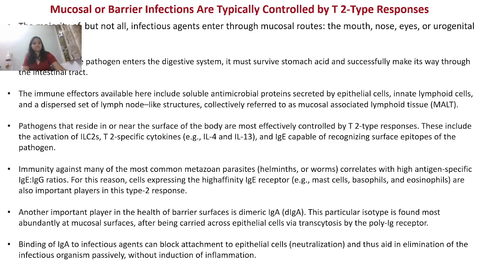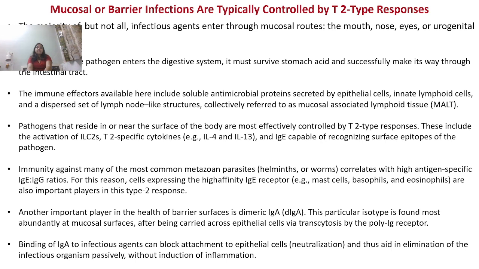Transcytosis is a process in which there is a specialized transport by which a particular molecule coming from outside is endocytosed. Then it is sent from one place of the cytoplasm to another area through membrane bound vesicles, and it is secreted at a different plasma membrane surface. So this is a process known as transcytosis, and this is the process by which this IgA can travel from one part to another.